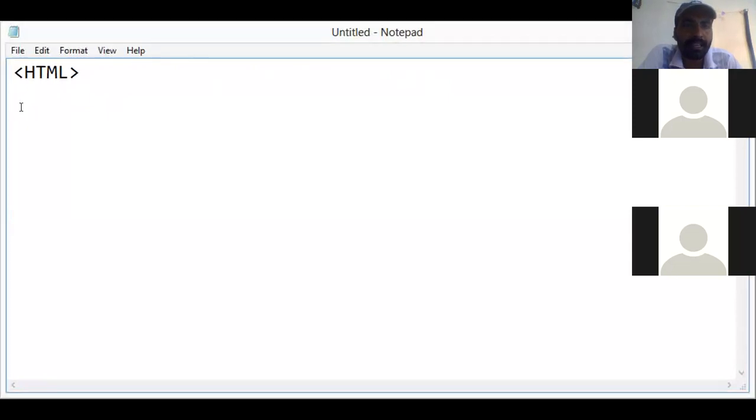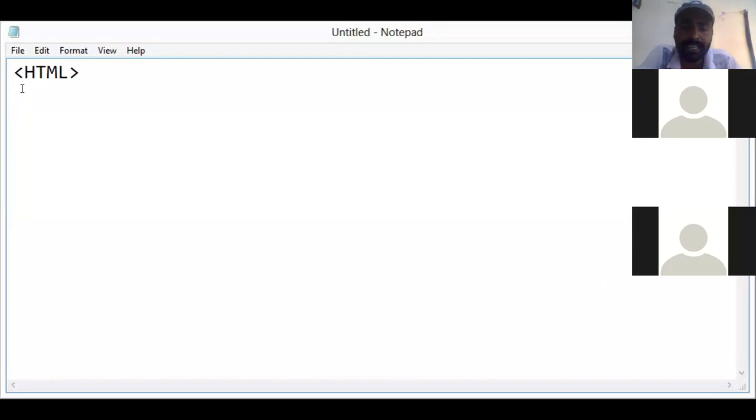Okay, listen to me. Kindly stop talking. We write the HTML tag so that the web browser can identify, can recognize the page, that this is a web page of HTML, or an HTML document. That's why we write the HTML tag. If we do not write the HTML tag, it means the web browser like Google Chrome or Internet Explorer cannot recognize this page.